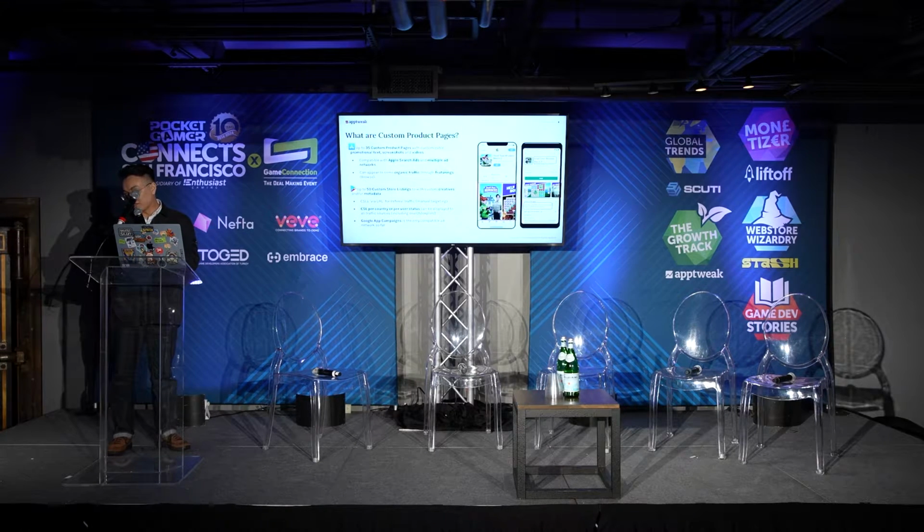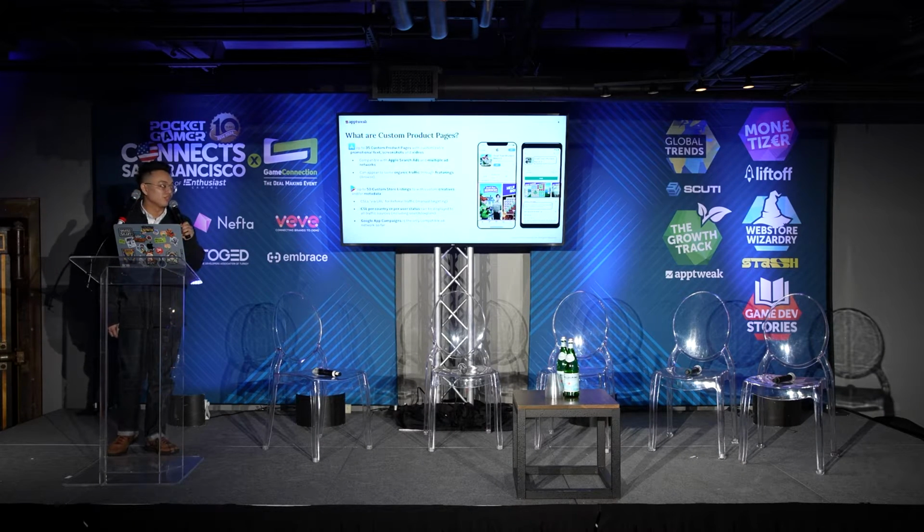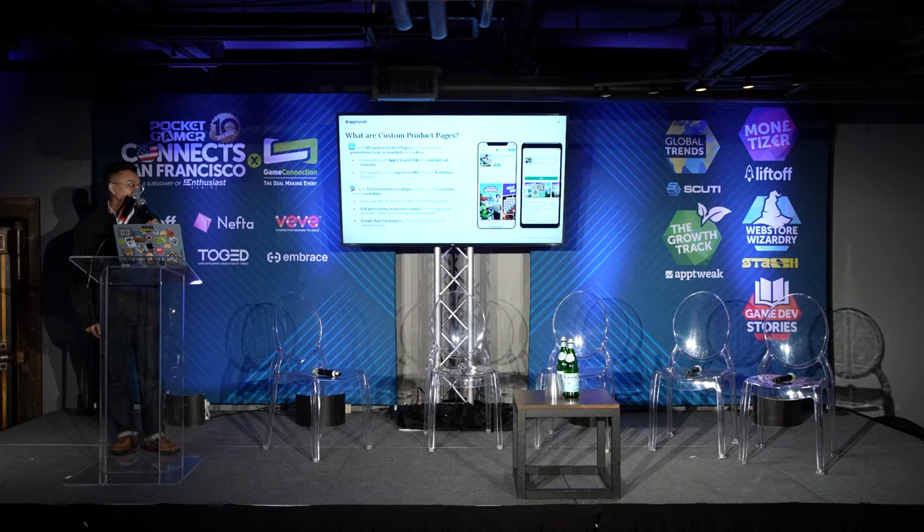Going back one second, just a quick overview of what's customizable on each platform. So as you see, on iOS on the left-hand side, it's really only the screenshots, the video, and then right underneath that is the promo text. While on Google Play, you have a lot more customization options in terms of icon, title, description, screenshots, but again, a lot less different capabilities.